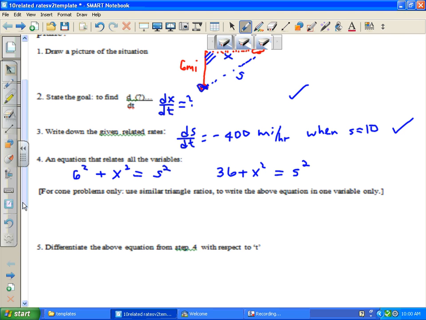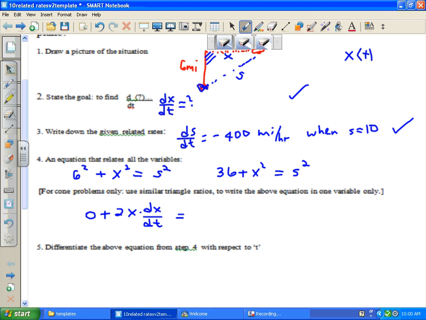So let's do that. Derivative of 36 with respect to t would be what? 0. Derivative of x squared with respect to t would be, now let's think about it. We're not differentiating it with respect to x, but we're differentiating it with respect to time. So x is like a function of time. It's changing as time goes by, right? So 2x times dx dt, right? The derivative of the inside with respect to the time variable, so dx dt. So as you can see, we're using like the chain rule there. We're also using like the implicit differentiation there, right? You multiply everything with the derivative of the inside, which is dx over dt,